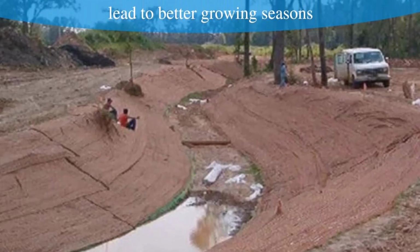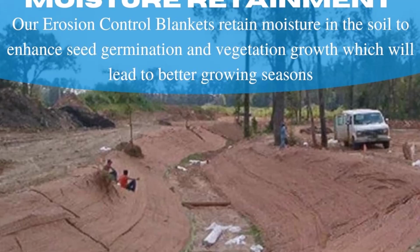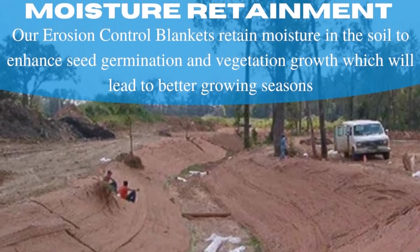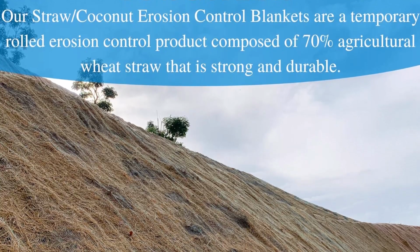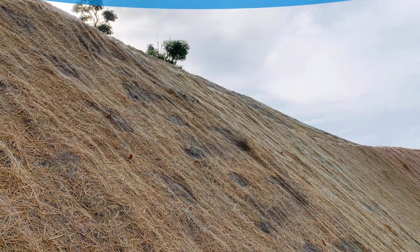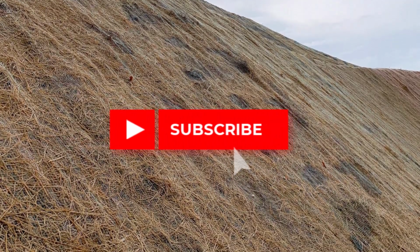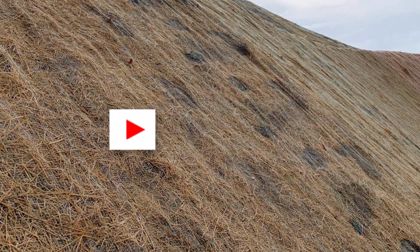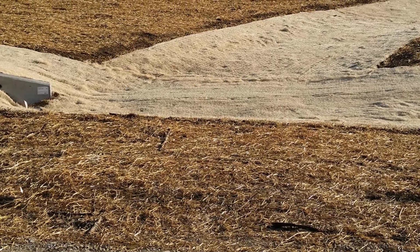One of its notable attributes is the 100% biodegradable netting, which features a photodegradable brown poly net that fully decomposes after 90 days. This thoughtful design ensures minimal environmental impact while delivering reliable performance. This erosion control blanket is particularly popular for its moisture retention capabilities. By helping to hold moisture within the soil, it creates an ideal environment for seed germination and promotes lush, healthy